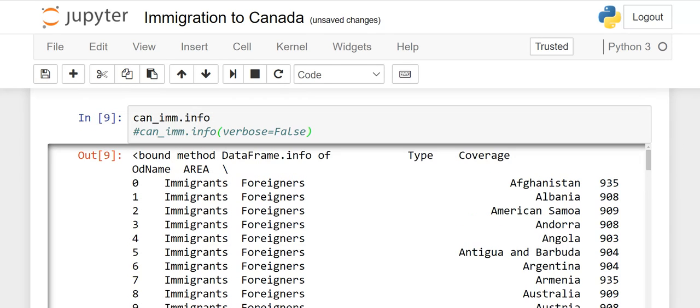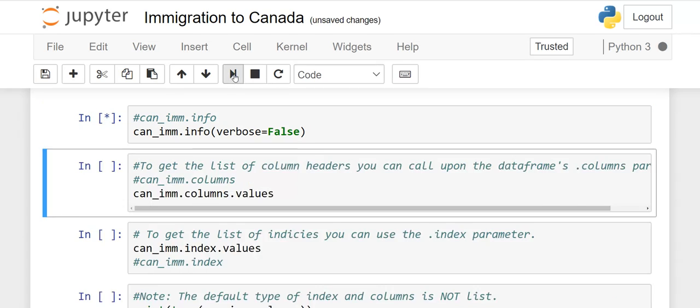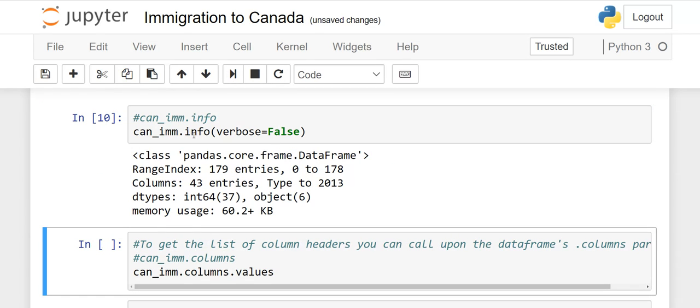Right here, I will write this comment and remove this sign here. Now I have added verbose equal to false. So what is the meaning of this? When I run it, you will see the output. See, the output is so small. If you write dot info, you will get the detailed information, but the same information. Now it is in the condensed form.